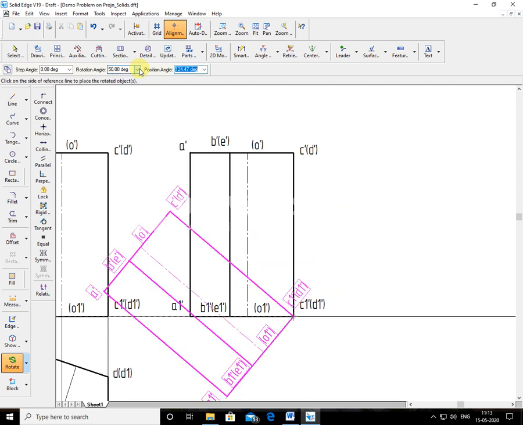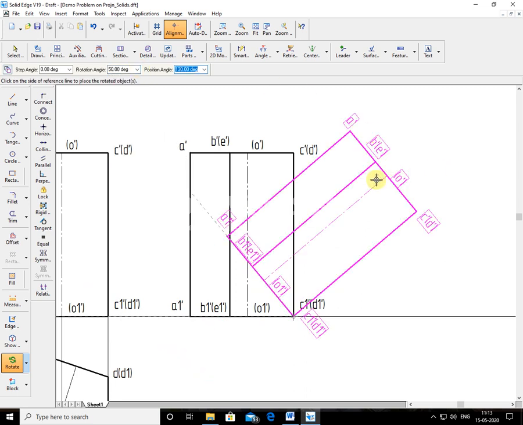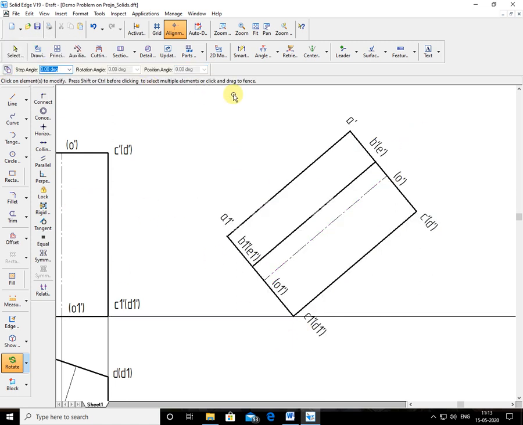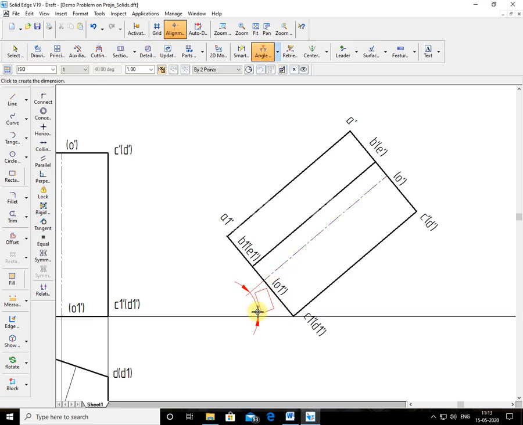The copy option should be off. It is off here in the ribbon bar, you can see there. Then I'll click it. This is the position. Now you check the angle of the axis with this XY line. It is how much? 40. What you want, you got it. So if this angle is 40, this angle should be how much? 50. That means why? Because this angle is 100, the axis angle with base is 100. Okay. So this is only to get the 40-degree axis angle.